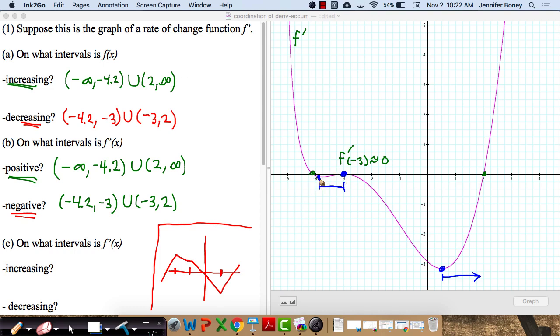So we went from very slightly negative back to 0, and then from negative 3-ish up to, well, extremely positive values. But f prime is increasing from about negative 4 through negative 3, and then from positive 1 onward, whereas it's decreasing the rest of the time, meaning negative infinity to negative 4 and negative 3 to 1. But f prime increasing still means concave up. F prime decreasing